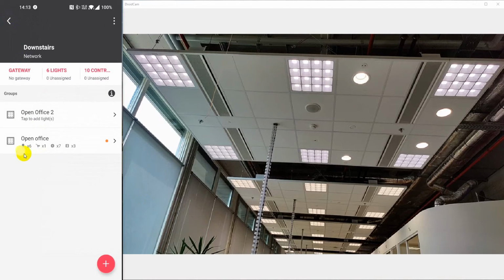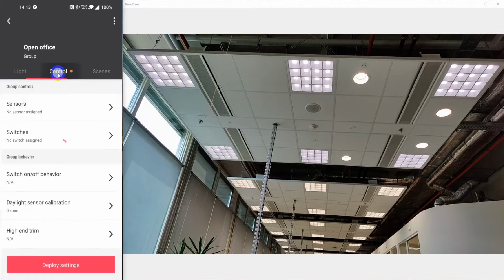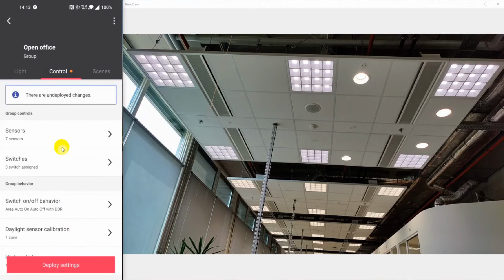Now the entire group has been configured, and as you could see, the orange dot is still over there, so the group still wants me to do the commissioning of the group. So I would then need to deploy the settings